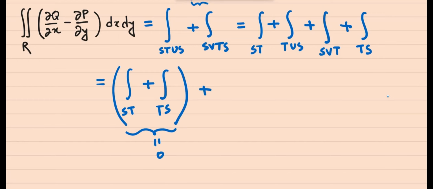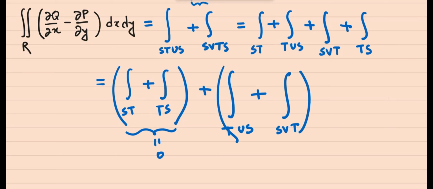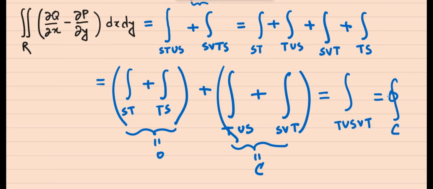What about the other two parts, the two original parts? Well, when they are combined, so we go from T to U to S, and then to S to V to T again, this, ladies and gentlemen, is going to give us back the original boundary, which is C. So therefore, this is simply TUSVT, which is simply the closed loop integral along C, which proves our original claim